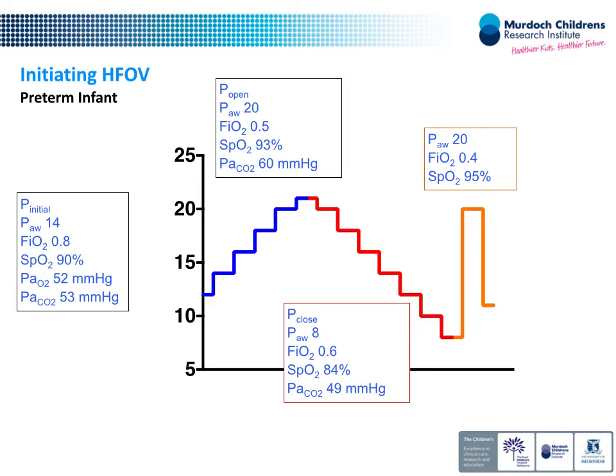And this is the logic here about how to pick the right mean airway pressure. So most of the work has suggested, and most people have shown, that going 2 to 4 centimetres of water back from the closing pressure is going to put you at a safe place to be in the lowest practical pressure you can achieve. And again, that's this principle of just standing a bit back from the cliff,